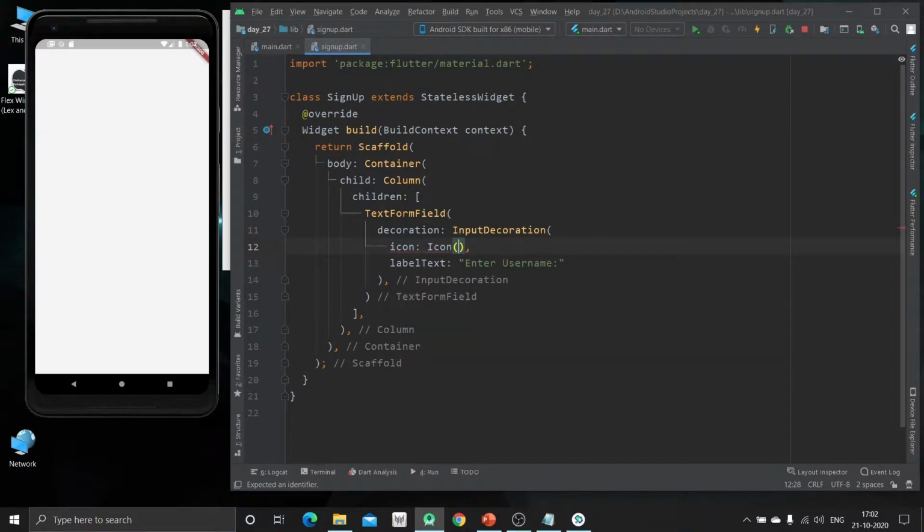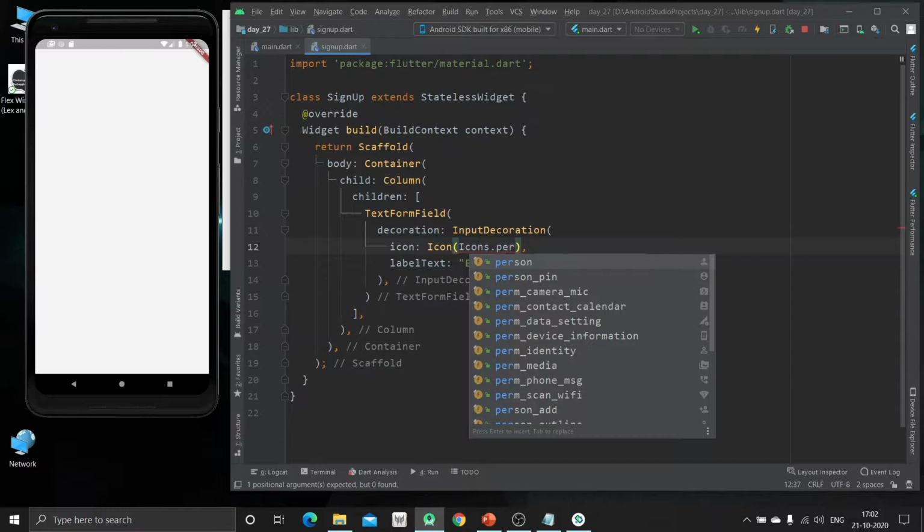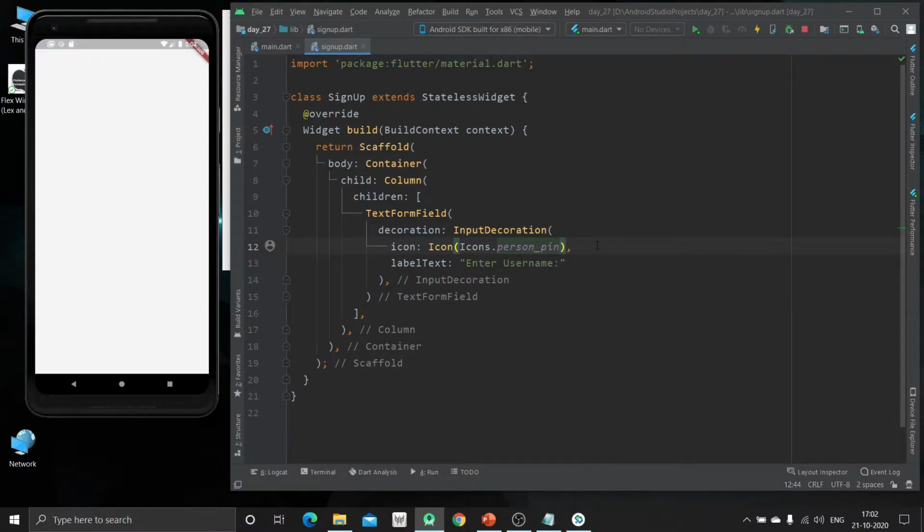Now it will have some icon widget. For that, Icons dot person, and we can use any of the icons like person or person pins. I'm going to use person icon. Now I am going to specify hint text also.